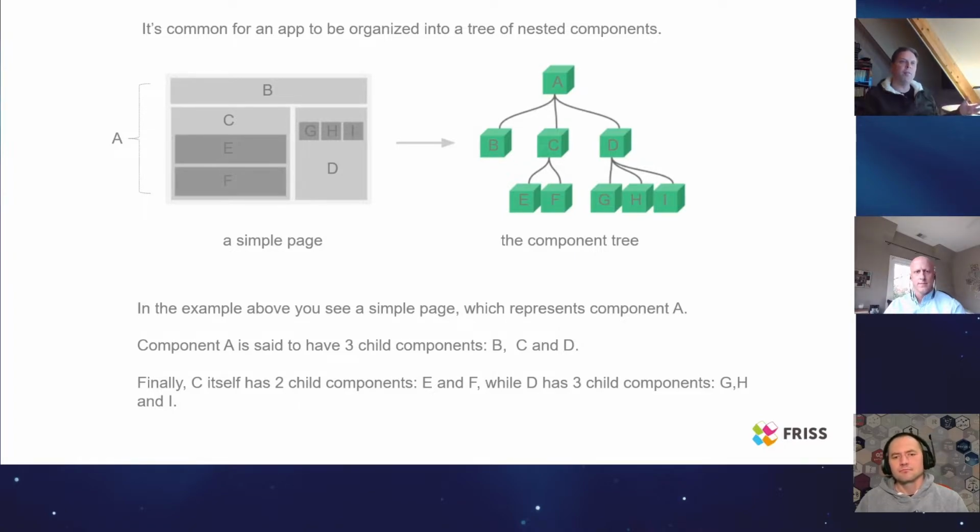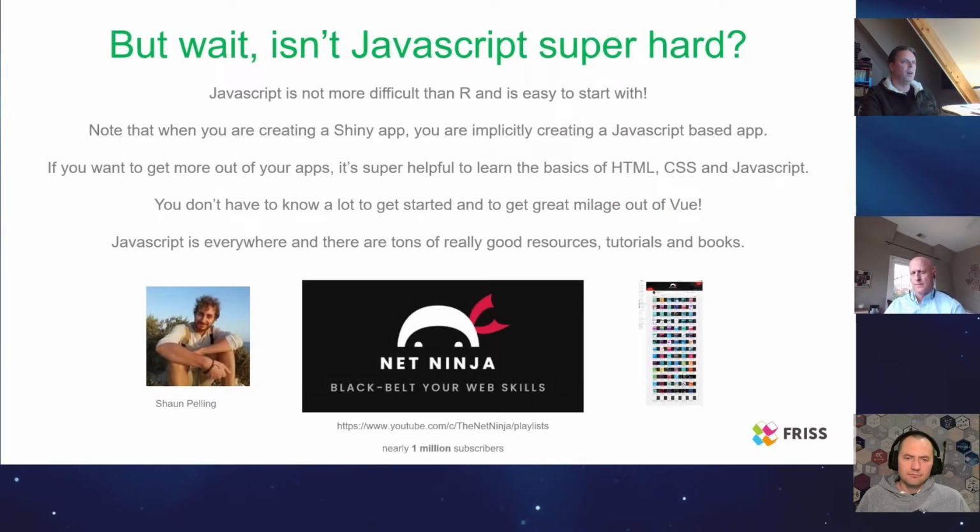And then you can compose more complicated components that contain these sort of components. So in this case, you see a big page, which is one big component. It has 3 blocks, B, C, and D. And C is built out of 2 other components, and D is built out of 3 child components, as they say. So you could say, like, wait, this sounds awful, like it's a lot of work and it's super